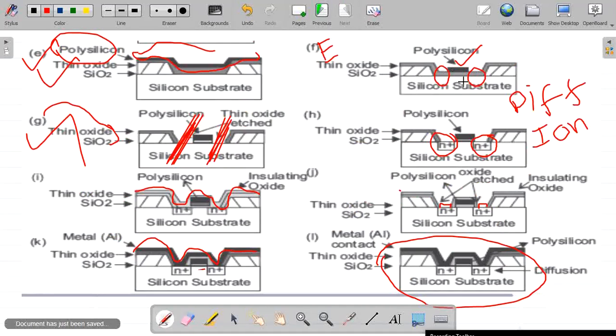Now etch the polysilicon layer, etch the terminals only. Now etch these terminals for the source and drain. Now our substrate, our component, is readily available for doping. Now do doping by using the diffusion or ion implantation process. In diffusion, what we are doing is heating the wafer and sending the impurities in the form of a gas over the substrate.